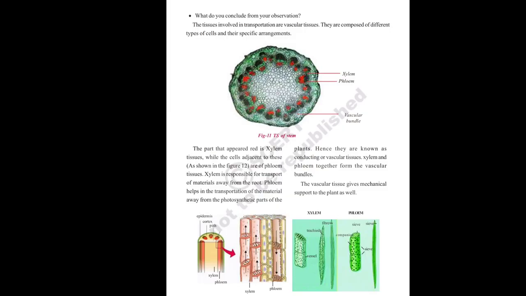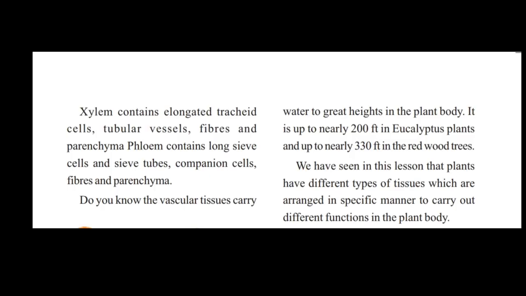And in some cases, the xylem and phloem come together and look like a bundle. Those bundles are called vascular bundles. Just look at the stem diagram there. The xylem and phloem come together and form a bundle-like structure. That bundle is called a vascular bundle. Besides transportation, the xylem and phloem also give some kind of mechanical support to the plants.